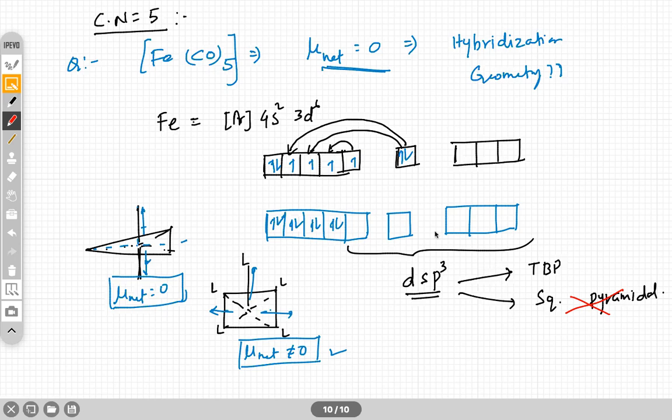Yes, correct. Understood? No doubt in this? Yes, sir. Right? So some information will be given. Based on that, you can find out the geometry of the molecule. Like you see, the another one,